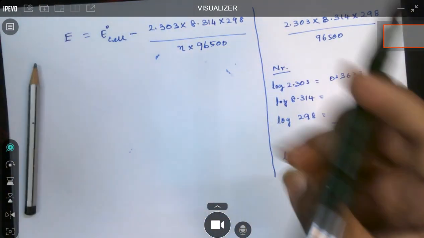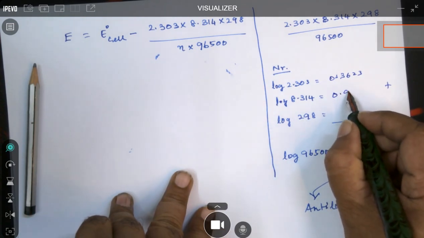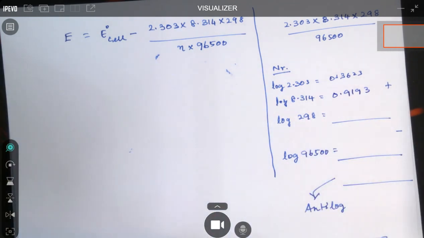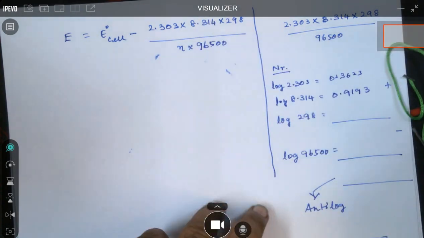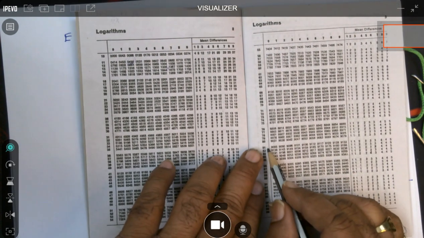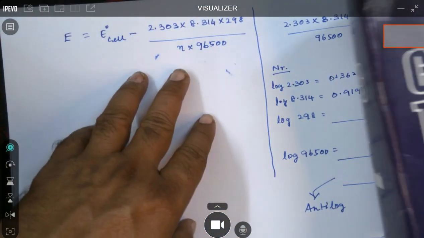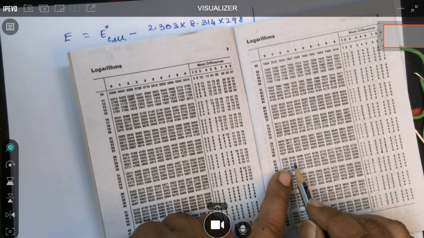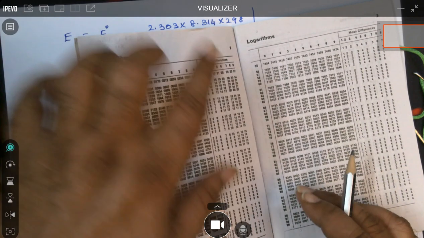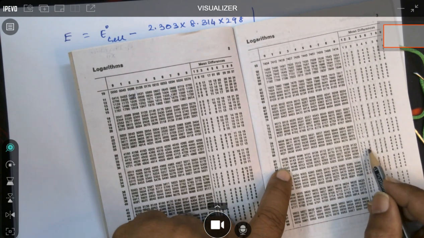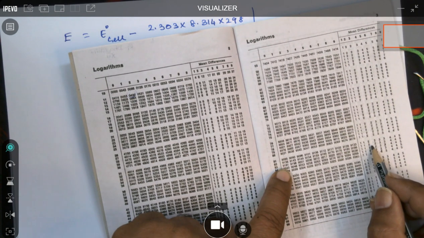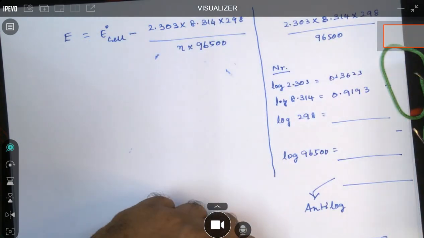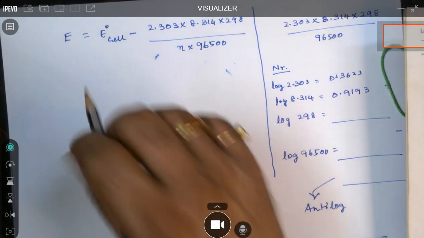So you can mention 0.9193. You need not take the last digit, you can ignore. So 9193